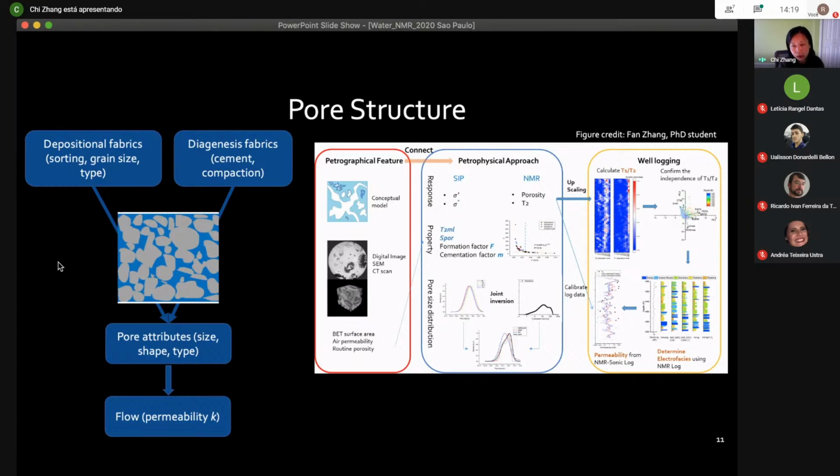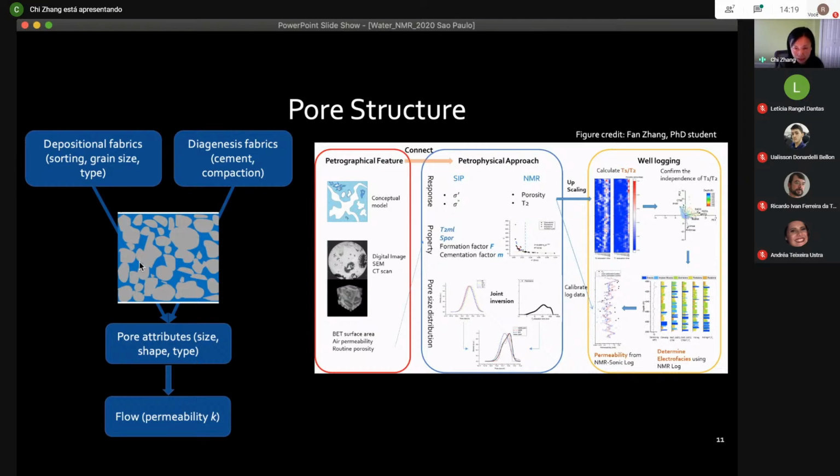All of these processes can alter a geological medium, and this alteration will result in different size, shape, or type of pore attributes, and also result in different flow paths, which means that you have a heterogeneous